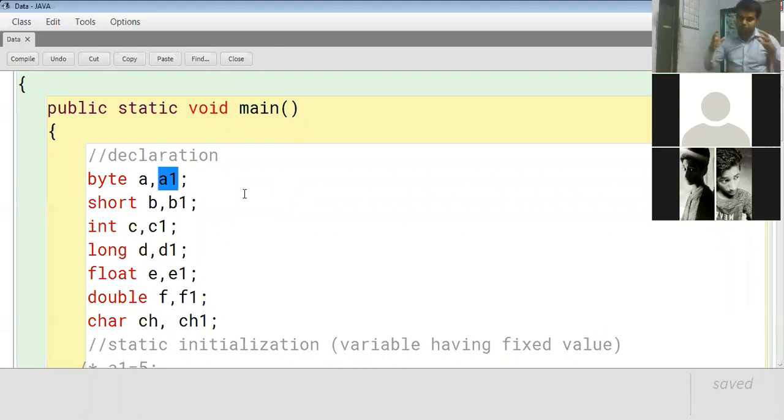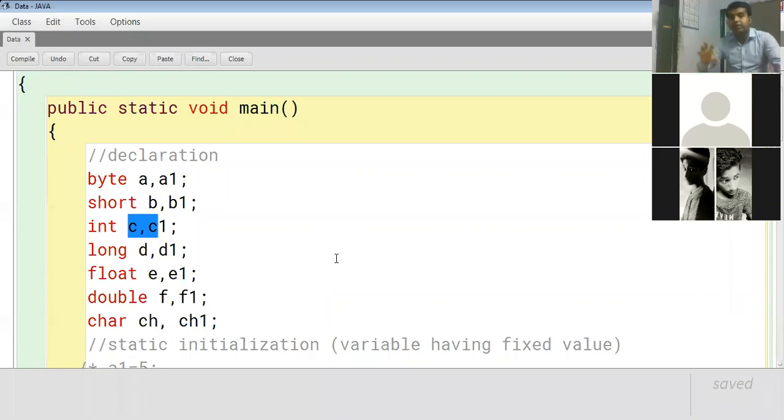So whatever data, whatever values we are dealing with in the Java program, all these values have two elements. Number one is the variable. As you can see, so many variables are there. In a variable we can store some value. And what is the second element of this value?